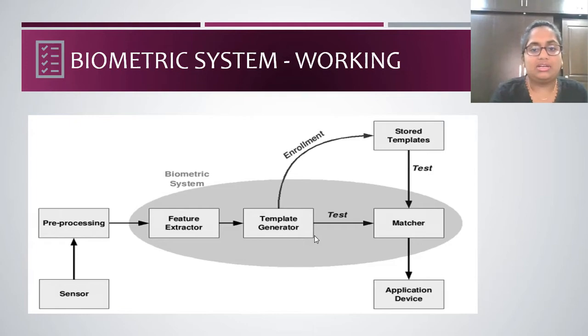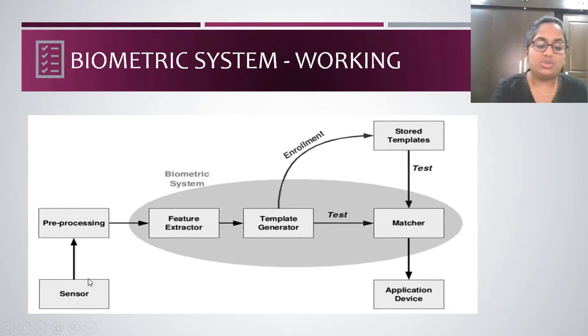Now, seeing the in-depth working of a biometric system, the very first stage is the sensor, through which the human traits are taken as input for processing, and the output is a permission granting for an application device. After the input is given to the sensor, the sample goes to the pre-processing stage, where the extracted image is processed further for the next stage, the feature extractor. In the feature extractor, the noise present in the iris image, maybe the eyelashes, eyelids, sclera, or pupil, is dismissed and the noise is cleared.